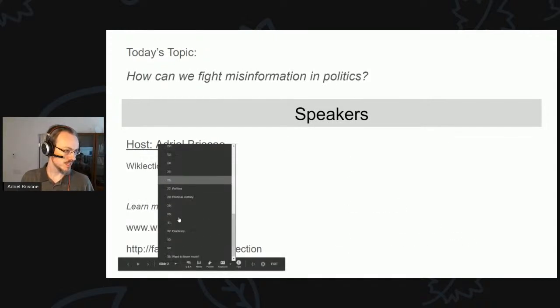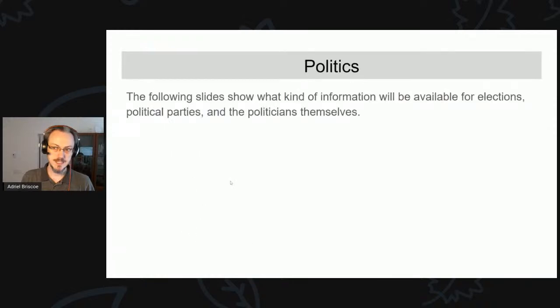Oops, that's the wrong page. Jump to politics. So if this happens to be the first live stream that you're watching, today's topic is politics. That's sort of the central focus of Wikilection, as you might be able to guess by the name. There are two other elements for news and science that aren't covered here that are pretty important parts of how to fight misinformation in politics. But today we're going to talk about the information specific to politics, like the politicians and parties and elections and so